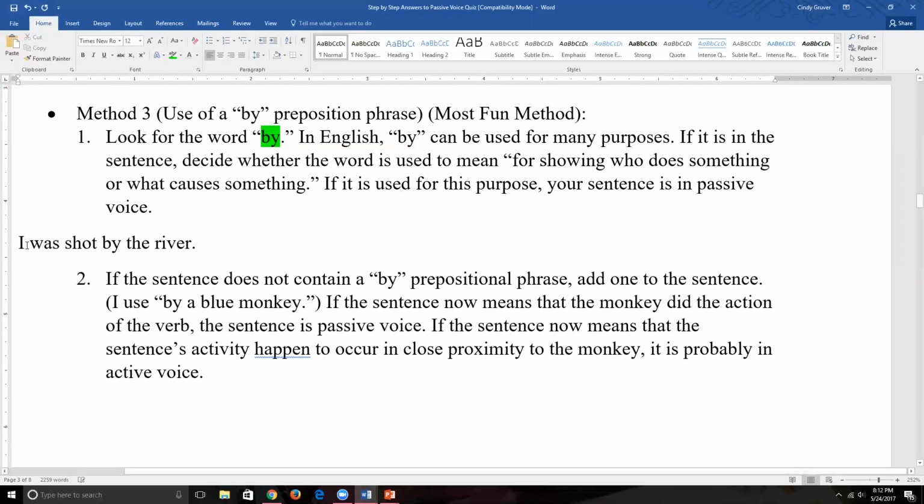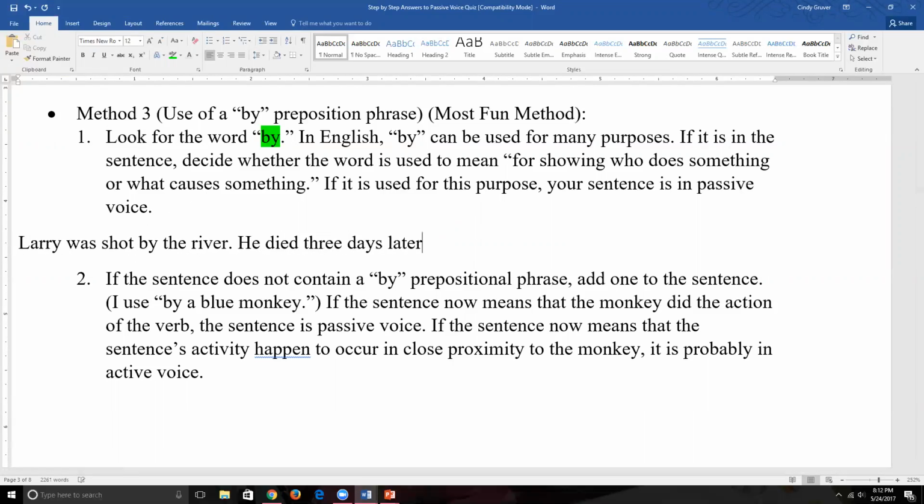Or let me change this. Larry was shot by the river. He died 3 days later. Okay. Well, when we read this sentence, we know the river doesn't have a gun. The river isn't aiming a gun at Larry and shooting him. We know that. What we have in our minds when we hear this first sentence is a visual